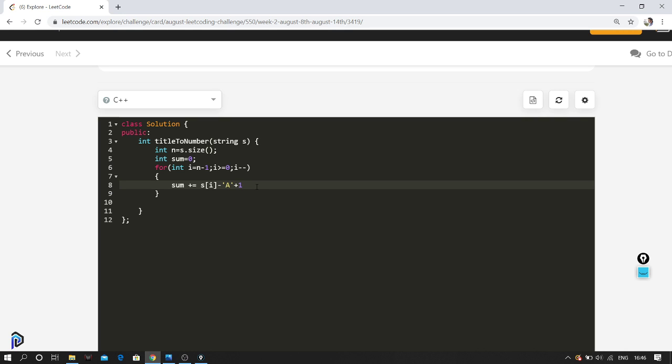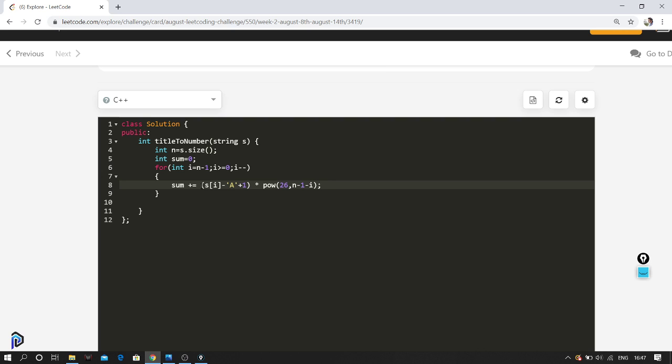So this is just the value that we want, the value of that particular character, and we have to multiply it with the power of n minus 1 minus i. So initially the power should be 0, and from then on it should go up to n minus 1. Initially i would be n minus 1, so n minus 1 minus i would be 0, right? 26 power this value. So this is the formula that we'll be using.